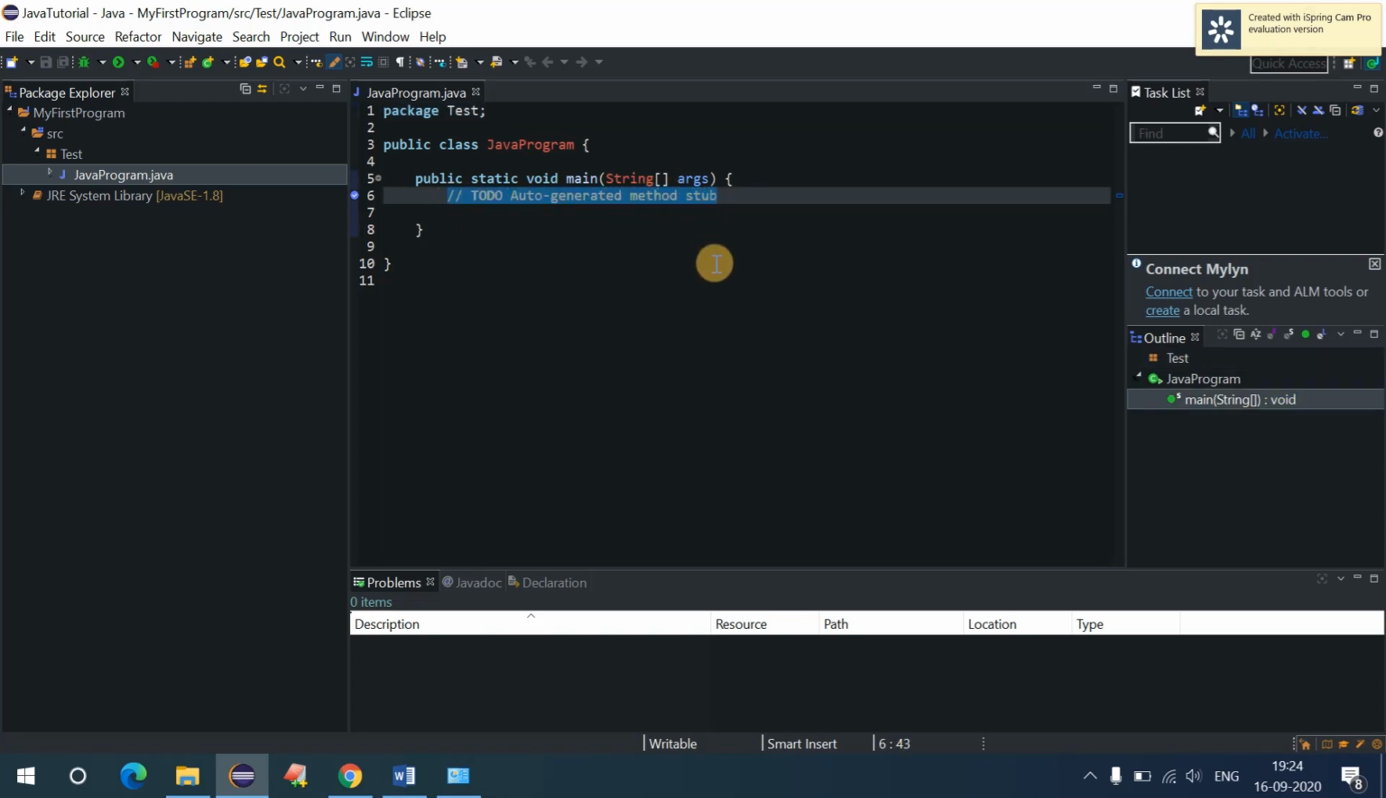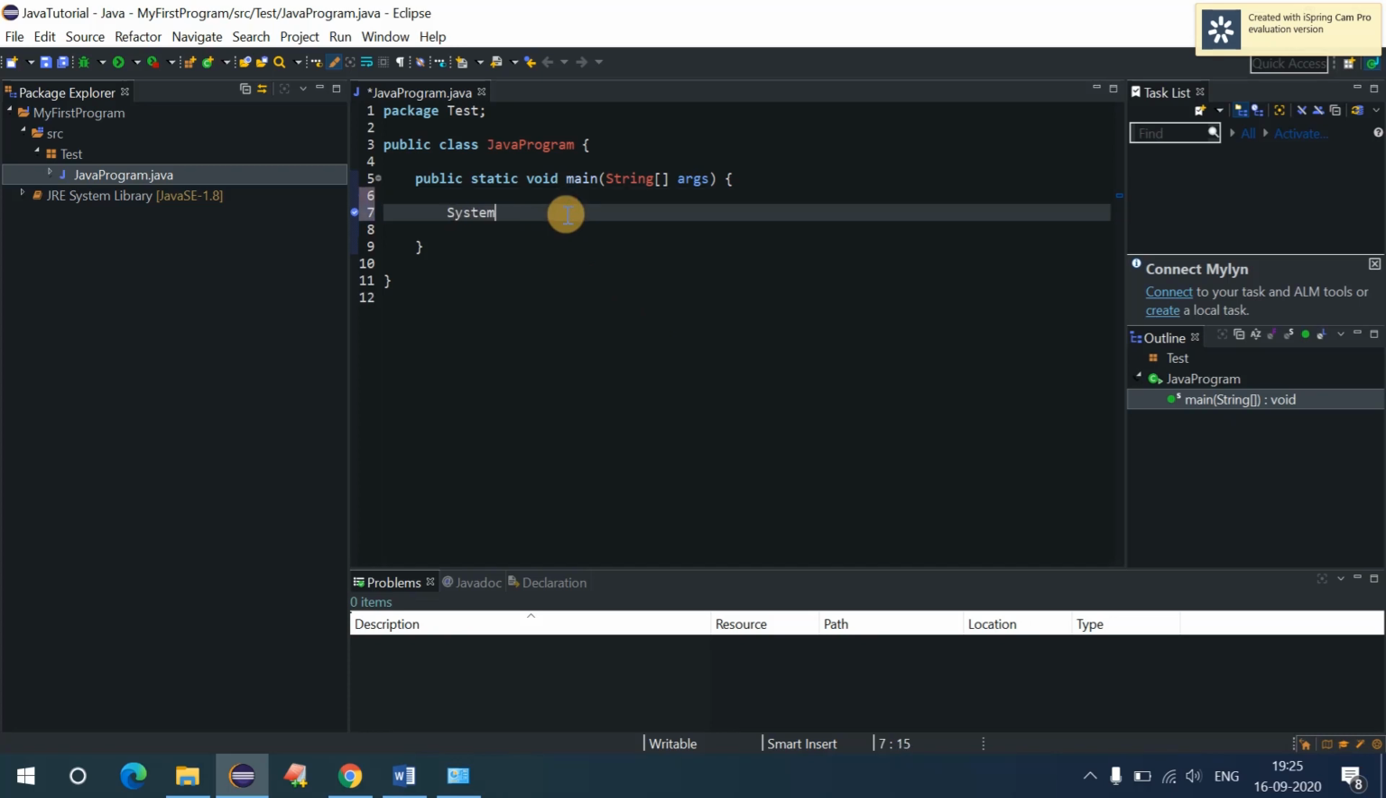So this is the advantage of using an IDE editor. You don't have to declare the class or main method declaration. Everything comes by default over here. You just have to use those shortcuts. Now if you want to print anything, I can just start writing